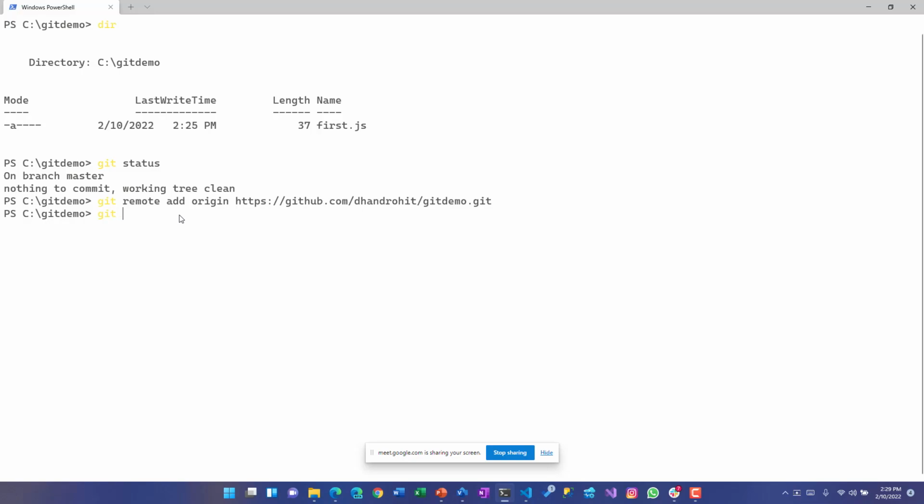Now if I say git status, it would still say everything is clean, because your local stuff is all good and there's nothing to be traced. But we know that I have not pushed these changes to GitHub. Because my remote repository is attached to my local repository, I can just say origin master. So I'm saying, please push the master branch of the local repository to the master branch of the remote repository on GitHub, right? And then I press enter.